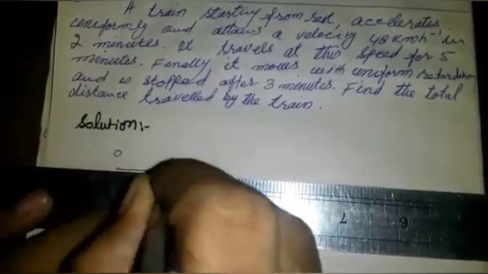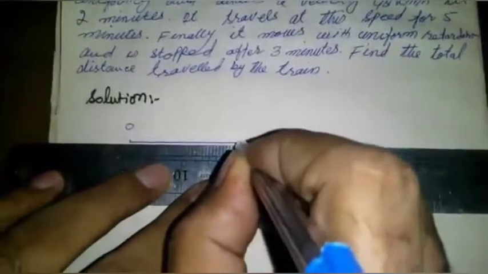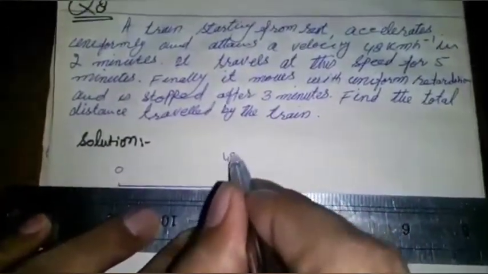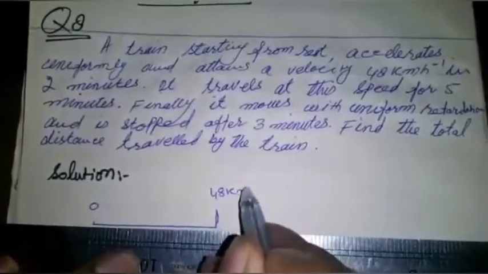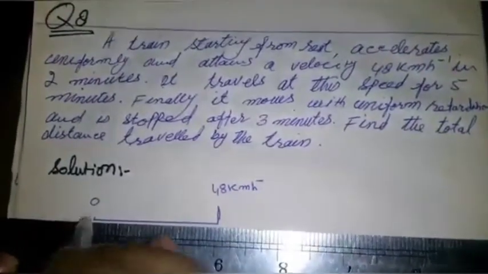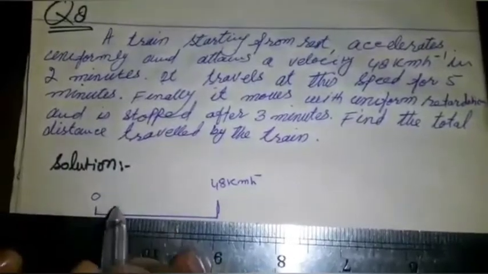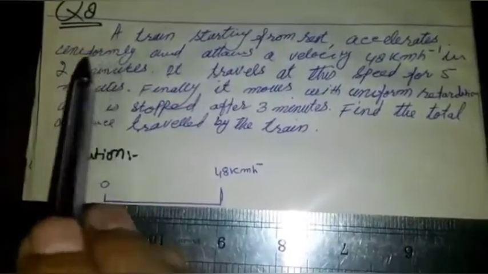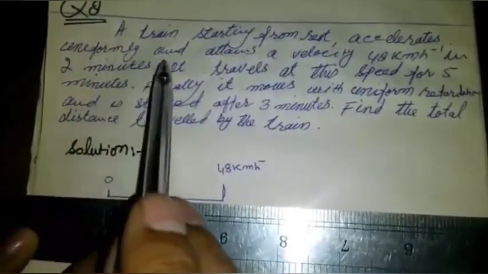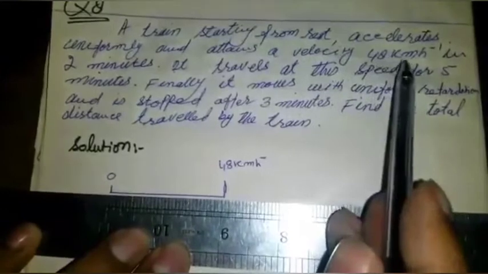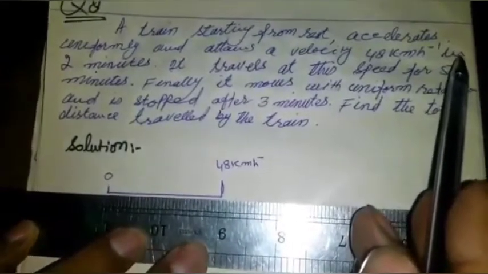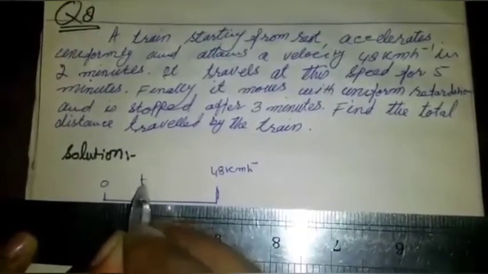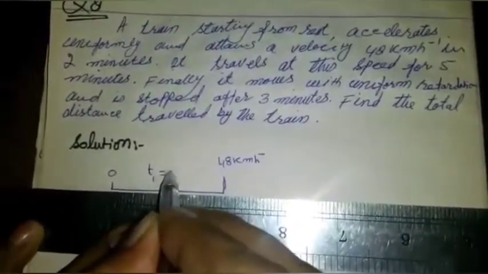Then it moves and reaches a velocity of 48 km per hour. एक ट्रेन जो है वो एक स्टेशन पर खड़ी है और वहाँ से वो चलती है और वो यूनिफॉर्म एक्सेलरेशन से चलते हुए 48 किलोमीटर फी घंटा की रफ्तार पर पहुँच जाती है। और इस सारे प्रोसेस में टाइम जो है वो लगता है जनाब 2 मिनट का।